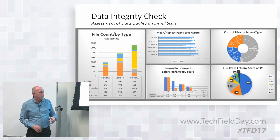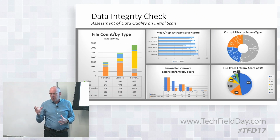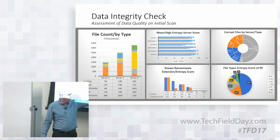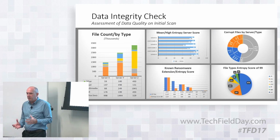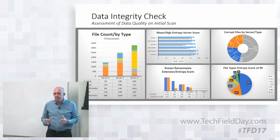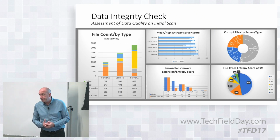Or just look at file types with an entropy score of 99. These are the ones that, if you haven't updated the software and there's new malware out there, this would uncover, finding that there's a file type .ddd or .abc that has a high entropy score. Those are suspicious files. Or looking at corrupt files by server. So you can do an initial assessment of this data and create a baseline to say, hey, there's suspicious content out there using these analytics, right? So